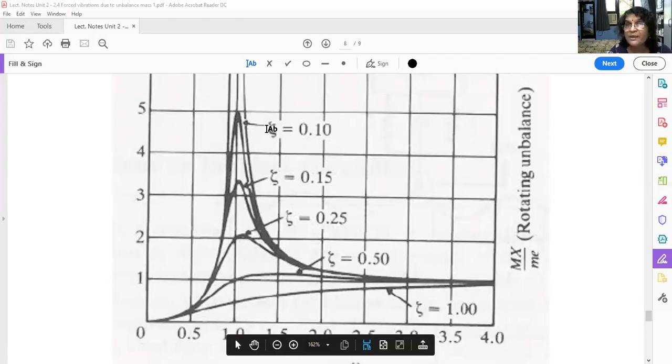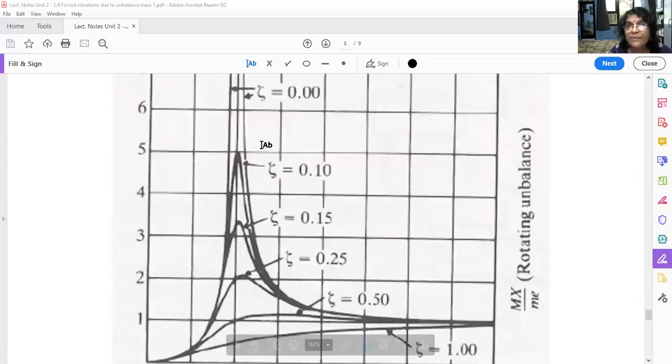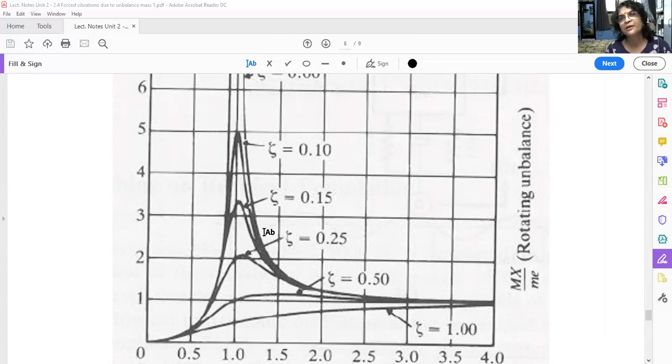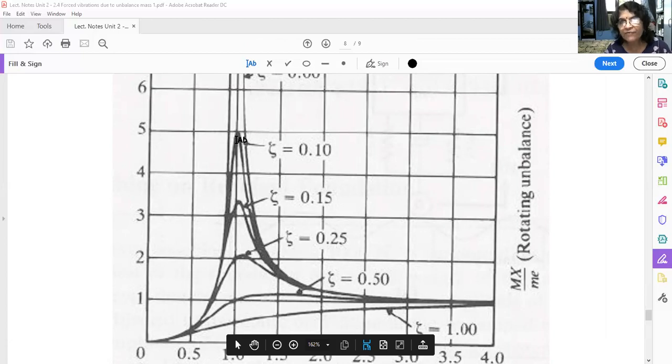All these damping factors. See, as damping increases, say from top to bottom. Why top to bottom? Because as damping increases, amplitude decreases. We have seen in the earlier case also. So the nature of the graph is going to remain constant in all responses of the system. It may be forced vibration due to anything, your basic nature will remain this only. Only the case is how much is the peak we are interested in, whether the peak is here, say having dimensionless quantity 5, or it is 3, or it is 2.